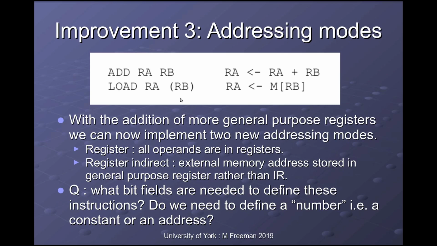instruction. And obviously the key advantage of having an address in a register is it allows us to scan through arrays. So we can put the base address of our array into that register, load that value and process it, and then we can just increment RB in this particular case here to get to the next element in our